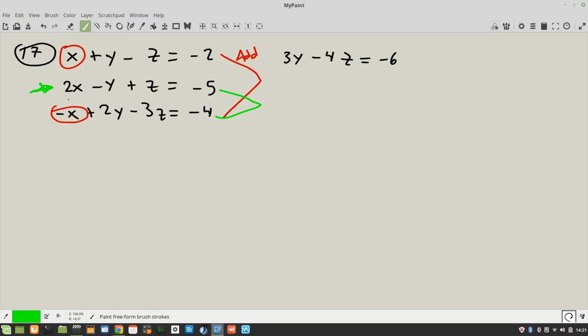So we need to do something to get negative 2x. So I think we can use this one because it already has the negative. So we can multiply this whole thing by 2. That way, if we multiply 2 times negative x, we're going to get negative 2x, and we're going to be able to cancel it with the 2x. Okay. So we're going to multiply both sides by 2, and we're going to get, let me change colors,